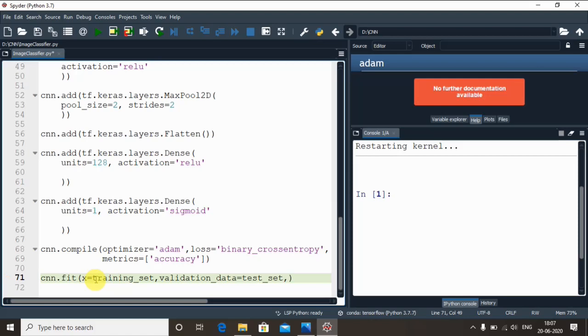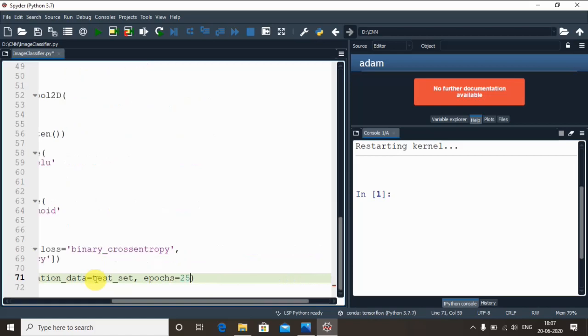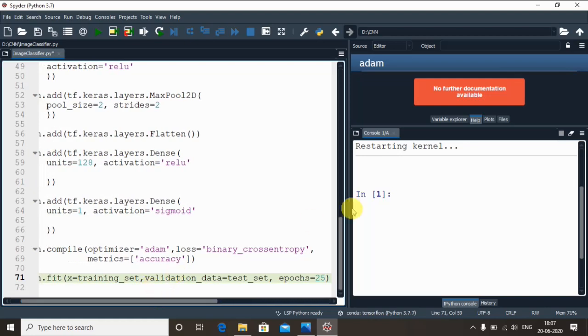And we'll assign the number of epochs to 25, but that is not a standard number. You can change it based on your use case. As of now I'm using 25 because in deep learning an epoch is a hyperparameter which is defined before training a model. For each epoch the dataset is passed both forward and backward through the neural network and ensures the accuracy of the model, right?